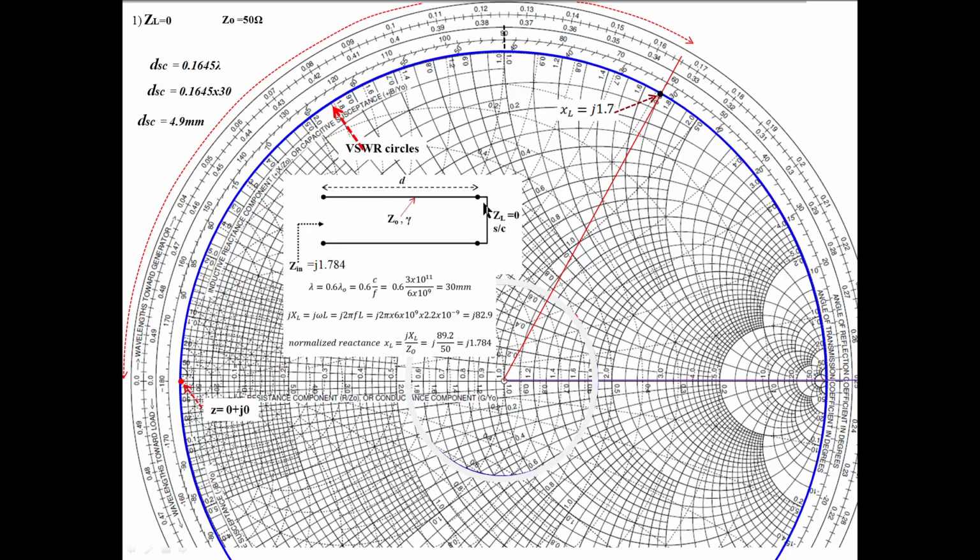Next, what I have to do is find out the distance from here to here. So I moved like this and stopped here when the reactance value is 1.78. Now I should find the distance from here to here. How to do that? You should measure the distance from the load to your value here. For that, we have to draw a line, like this, to the wavelength scale passing through our load. This is the load.